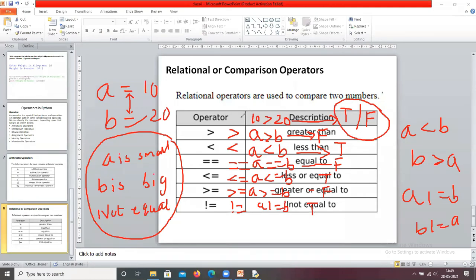When you are writing programs, you are going to write many expressions with these comparison operators. So it is better to understand these relational operators in depth. The relational operators are used to compare the quantities of variables, and they return either true or false only. Now we execute some programs.